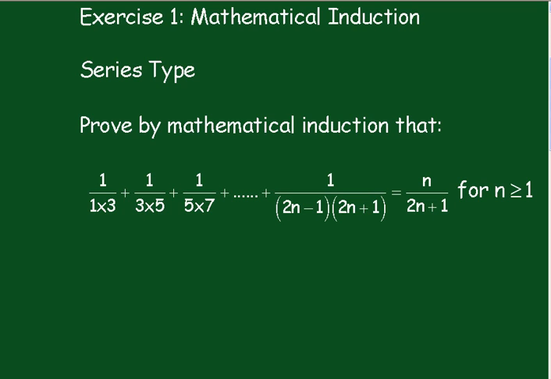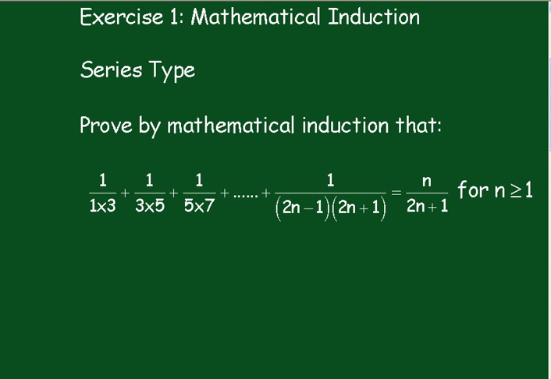Exercise 1, mathematical induction, series type. Now we'll prove by mathematical induction that 1 over 1 times 3, plus 1 over 3 times 5, etc., up to 1 over (2n minus 1) times (2n plus 1), is equal to n over (2n plus 1) for n greater than or equal to 1. Now first of all, we'll take the case for n equals 1, and we'll prove that very simple